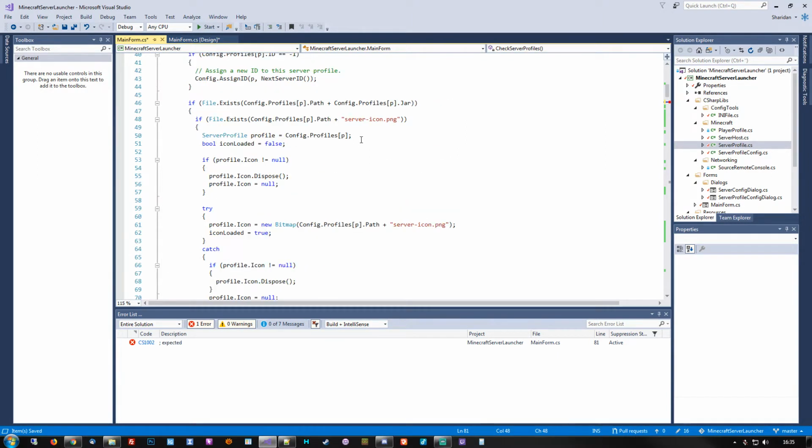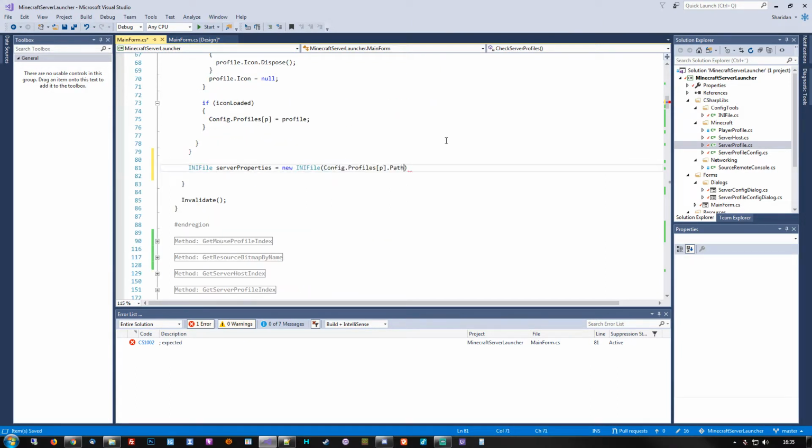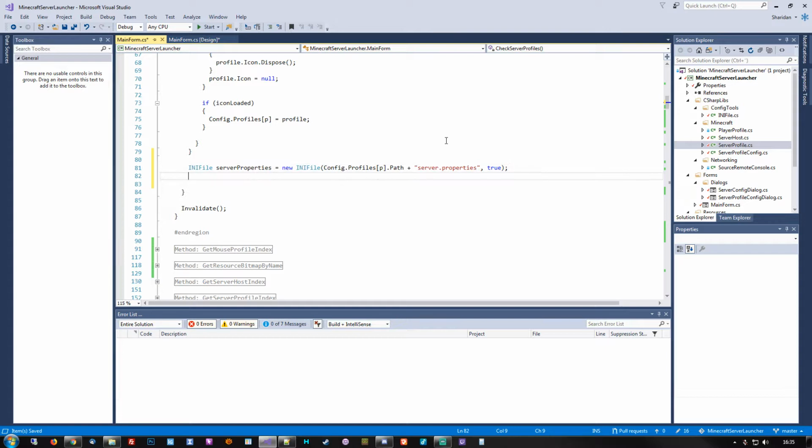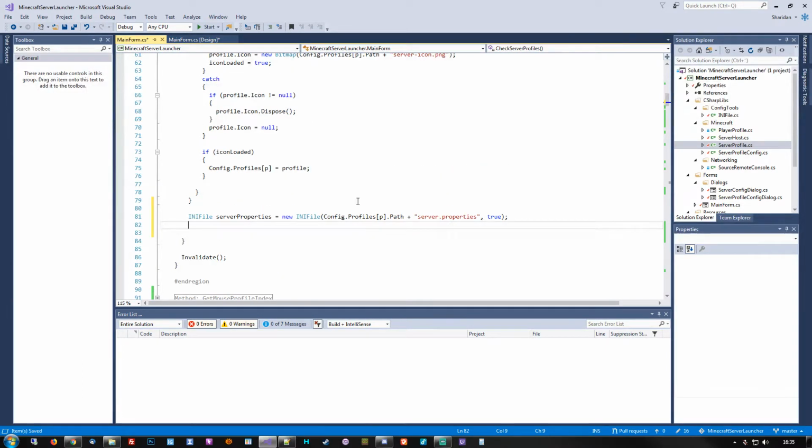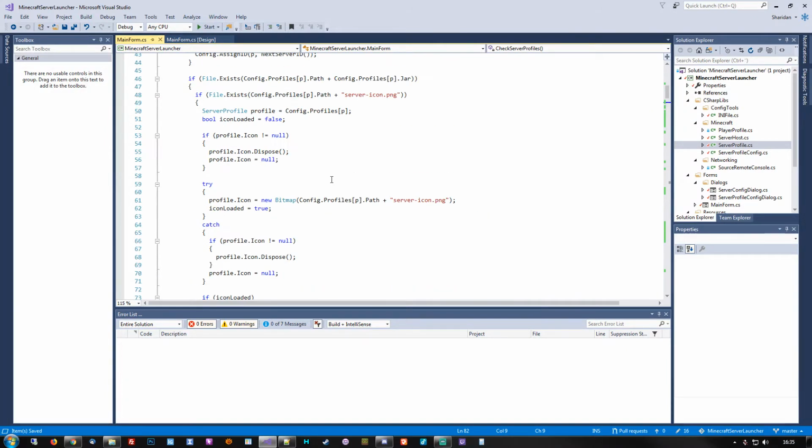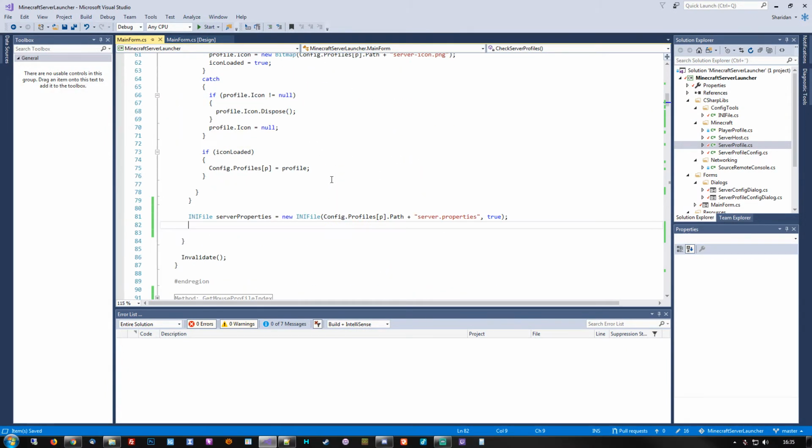So let's see, we can fetch the path from here. We've already set it up so that the path will always have a trailing backslash, which means we can just add in server properties here, and then we need to specify that it has to use virtual grouping because the server properties file doesn't contain a group. And then from here we can fetch those individual values that we need to store,